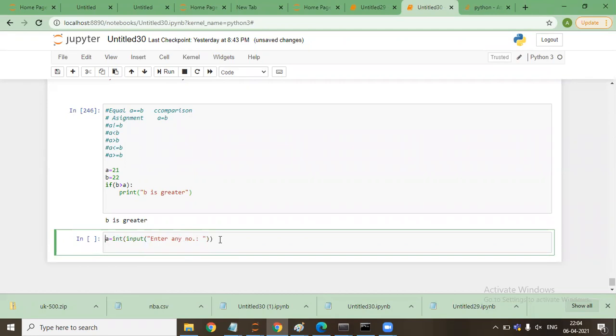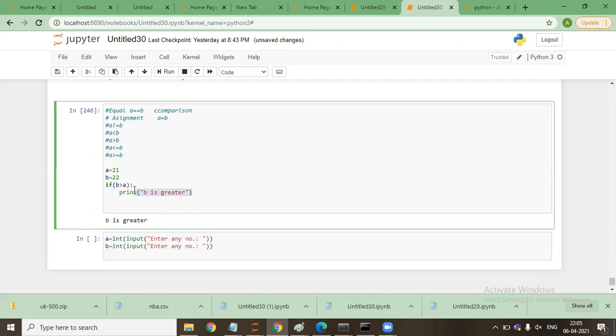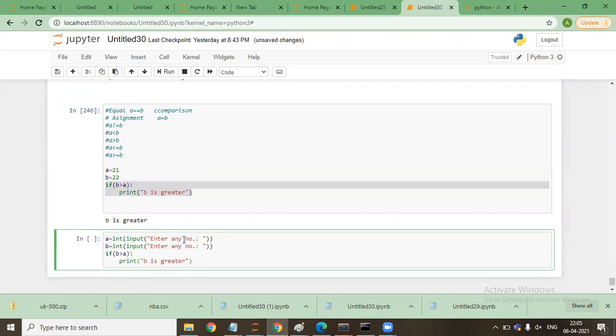I'll say B like this, input first number, input second number, then print second is greater.